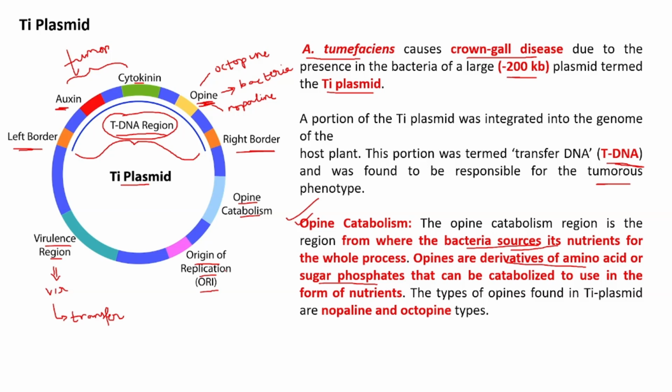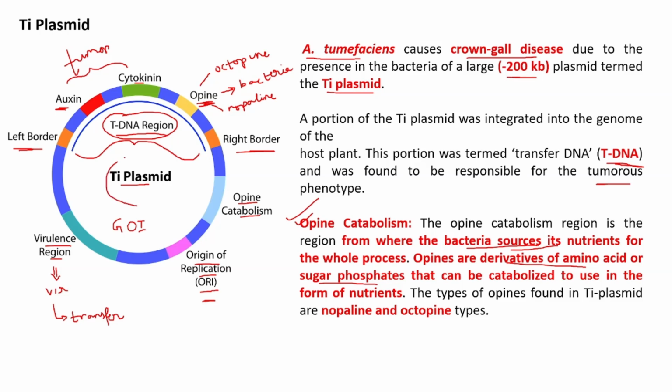Why? You can manipulate this plasmid and introduce your gene of interest into the plant body. Why? Because you have your own virulence region, which would code for virulence proteins that will facilitate the smooth transfer of the recombinant plasmid into the plant cell, and you have its own origin of replication. So if you introduce your gene of interest somewhere over here, suppose